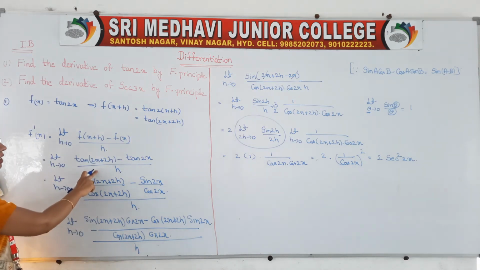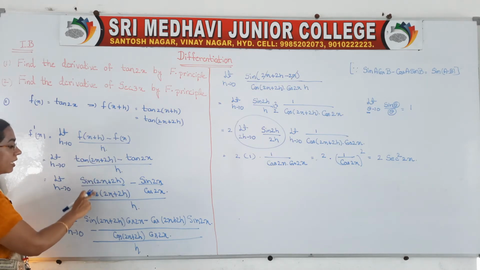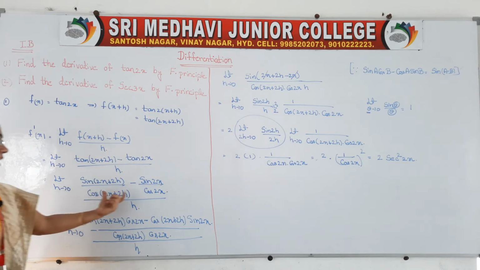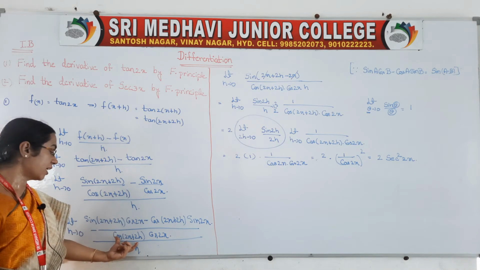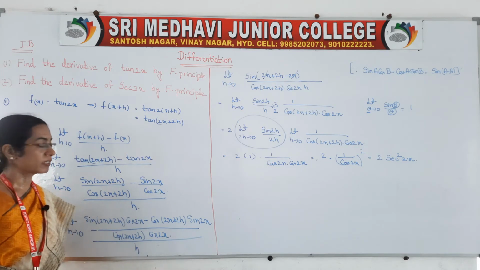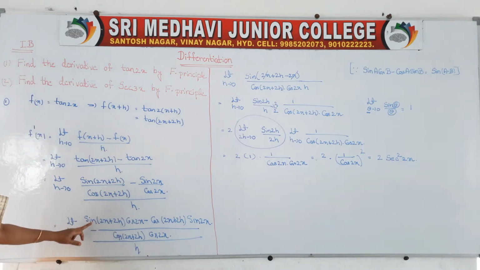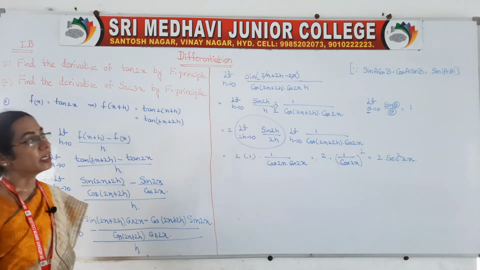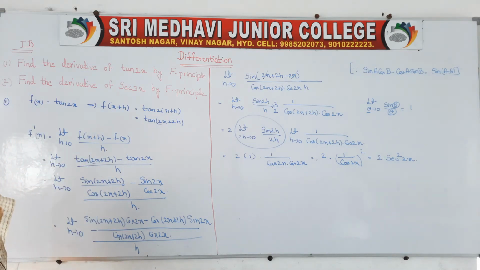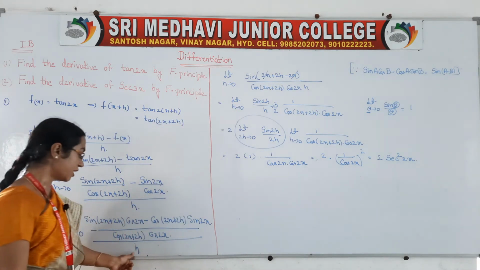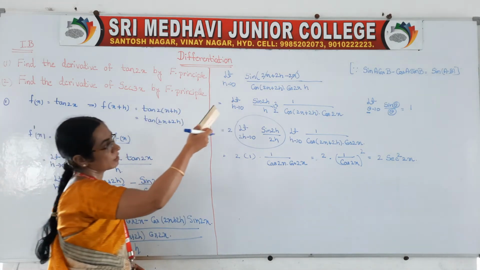If you substitute in that formula, tan can be written as sin by cos. After that take the LCM, right. If we take the LCM, it is sin of 2x plus 2h cos 2x minus cos of 2x plus 2h sin 2x. Okay. So, now it is of the form sin A cos B minus cos A sin B, that is sin of A minus B form. So, sin of A minus B, and here h by 1, if we write it, it will be reversed as 1 by h.